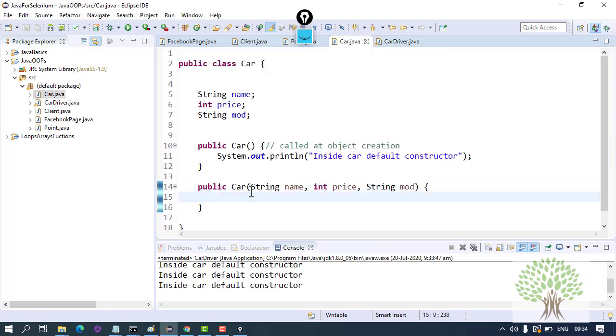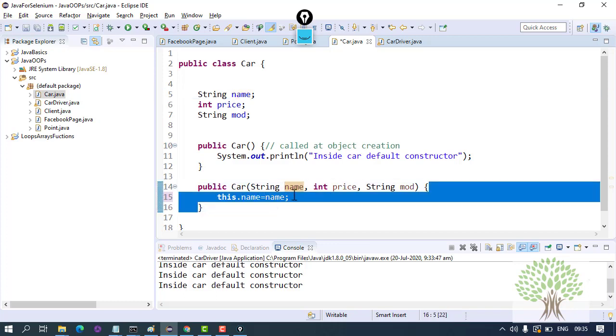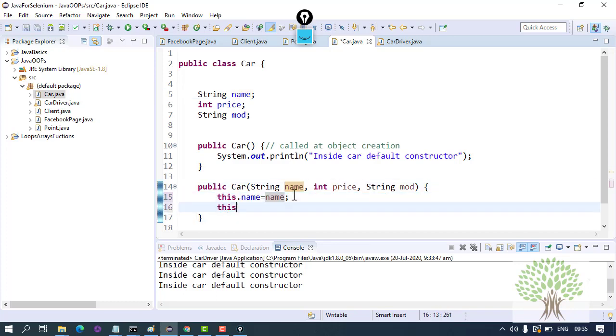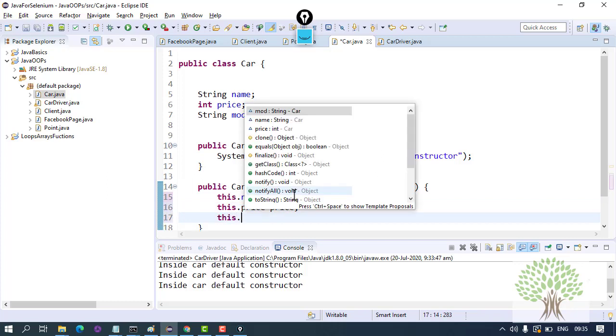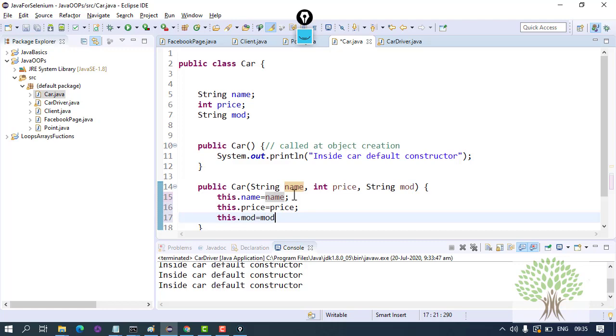Inside the constructor, you have to equate the global variable of this object to the local variable name. The names are the same, so I can write this dot name equals name. This dot name means the global variable name equated to the local variable name. And similarly, this dot price equals price, and this dot model equals model.